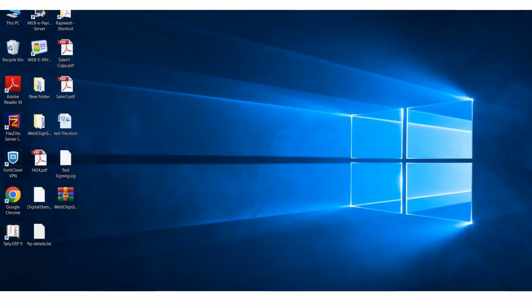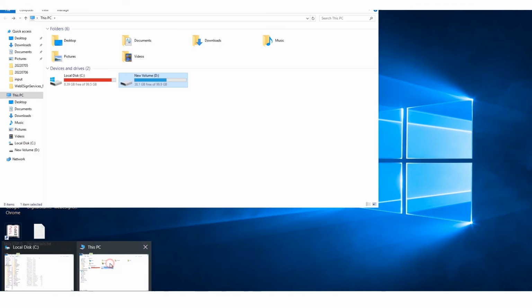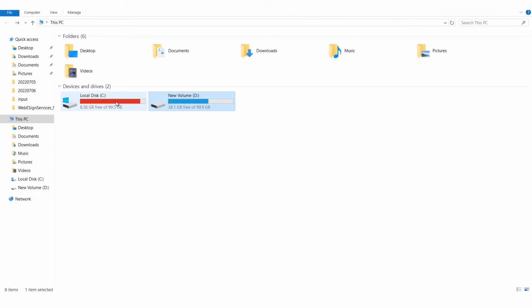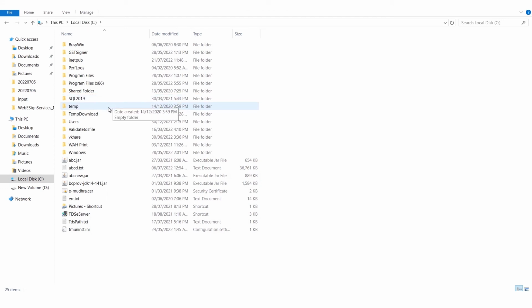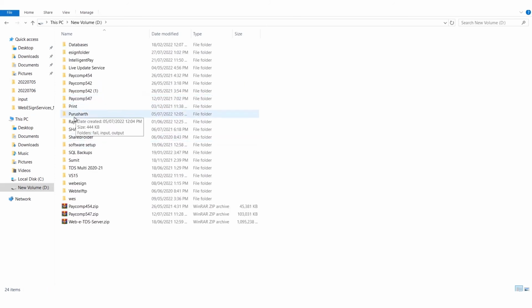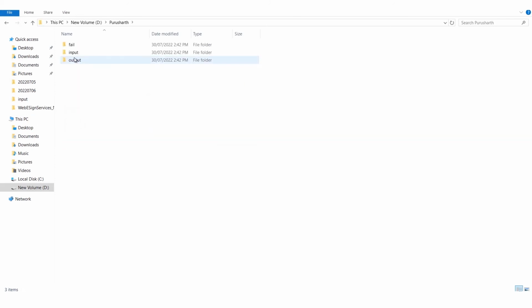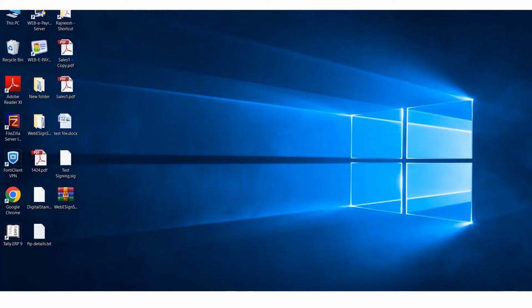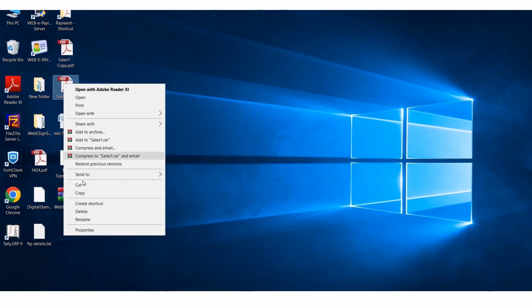Now let's move on to the signing process. For example, this is the sale data, and I want my digital signature to be signed by the Prashad. So I will select the folder of the Prashad. In the input folder, I will open it and simply copy the document, that is this PDF file. I am copying it